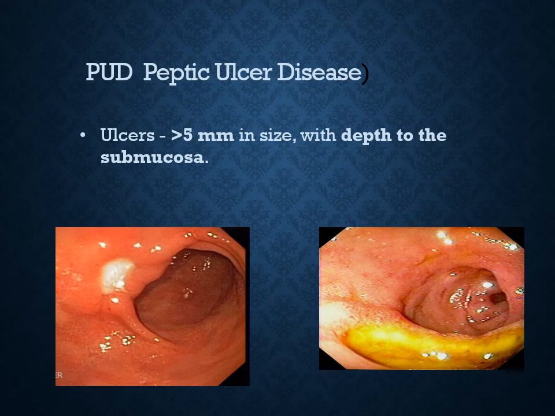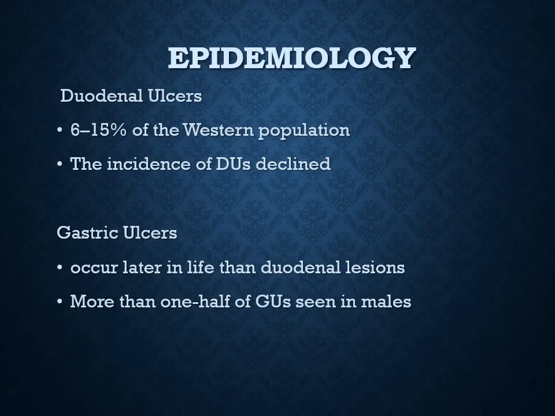Peptic ulcer disease encompasses both gastric and duodenal ulcers. Ulcers are defined as breaks in the mucosal surface of more than 5 mm in size, with depth to the submucosa. Duodenal ulcers and gastric ulcers share many common features in terms of pathogenesis, diagnosis, and treatment, but several factors distinguish